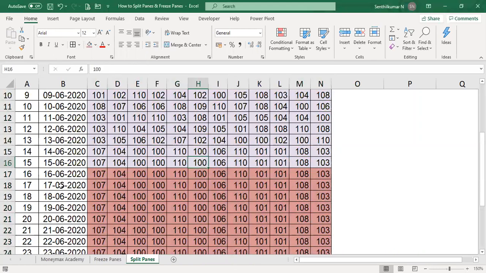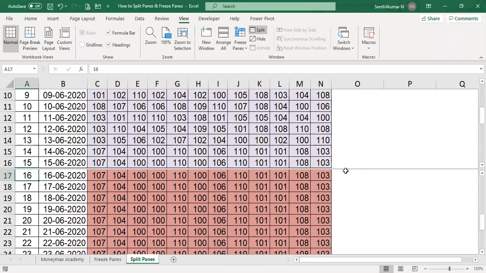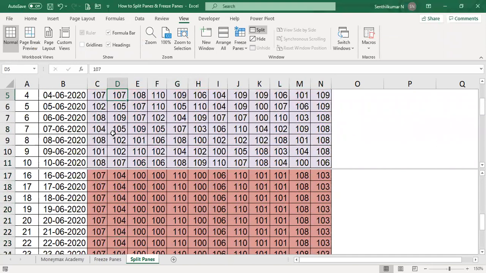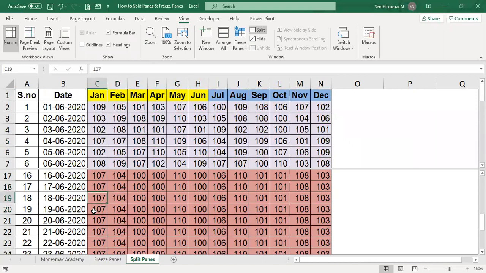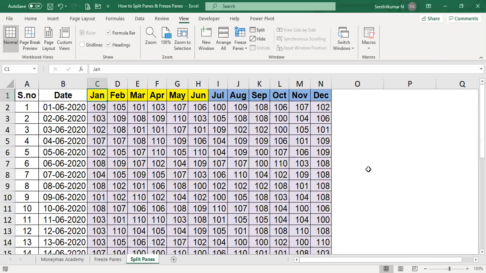Now I want to split the data here, row wise. Now you can go to the View menu, give Split. Automatically the row pane will be split. Now if you want to go there, you can see all the things, like a separate sheet. First sheet you can see. So this is the split panes. You can split the panes and compare the data and you can get the comparison. If you want to remove it, you can double click.